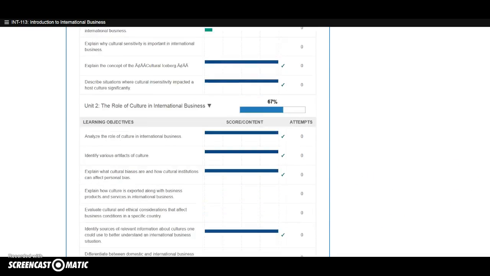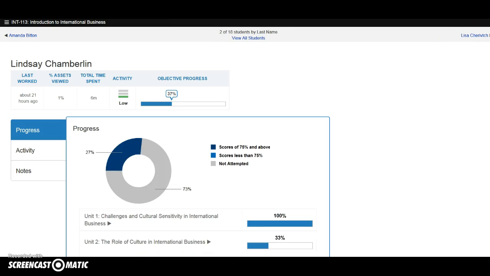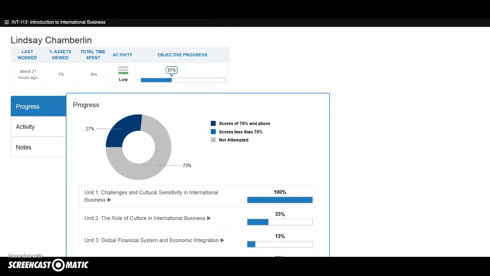story for this student. It does say that she has low activity, so she's not reading a lot, she's not taking a lot of knowledge checks. It says 0 assets viewed. I mean, we know she's viewed a couple, but maybe that's a rounding error. Generally speaking, that's pretty accurate. So the student hasn't really gotten started yet on doing a lot of work, so that's something we can tell here. If we want to check a different student to see if we can capture something a little bit different,